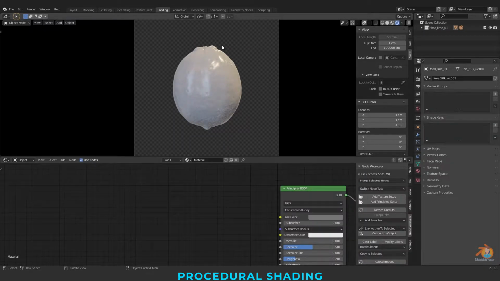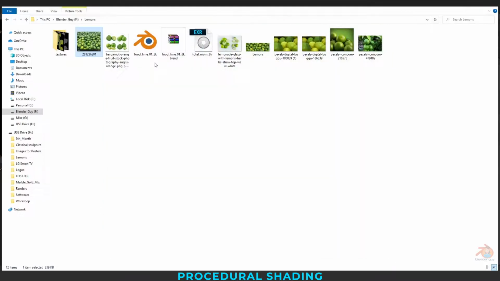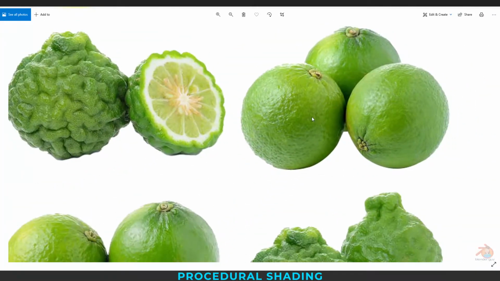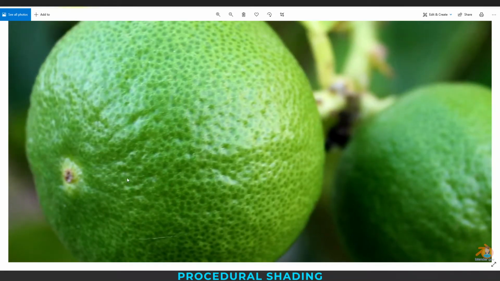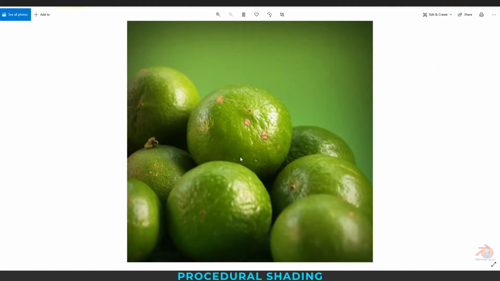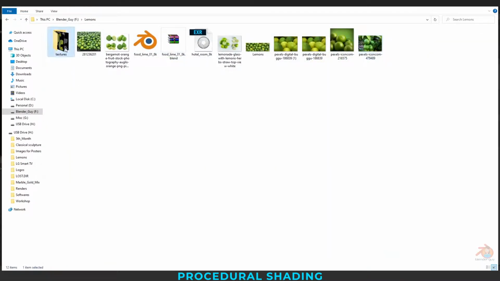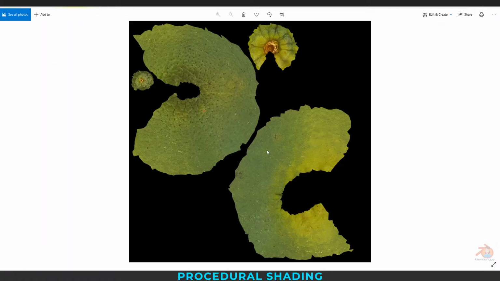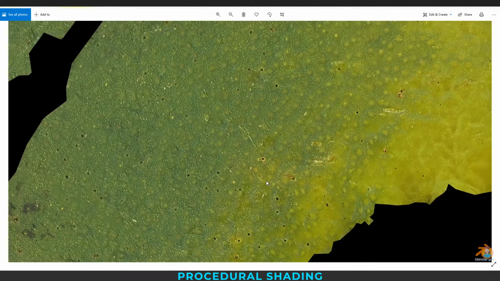Before going to shading, always have a habit of checking references. I have downloaded a few images. To create the pattern, we need to see the references, see the dots, see the color and the blending of the colors here. Even we can take the texture as the reference, as we are recreating this.